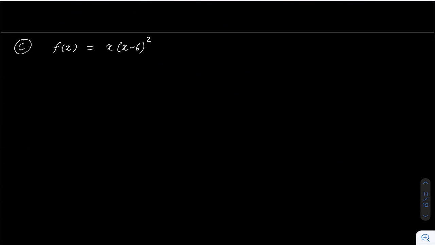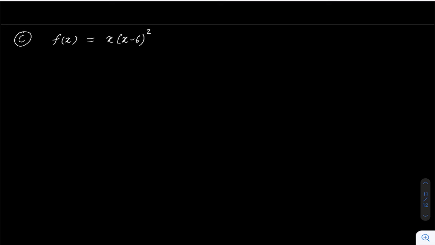Now let's try one more question on this. f(x) equal to x into (x minus 6) whole square. So we have to find the values of x in which this function is increasing. So first let's simplify f(x) a little bit, because if you are in year 1, then you don't know what the product rule of differentiation is. In year 2 you will learn that, and it will become a little easy to differentiate. So for now we will write it like this.